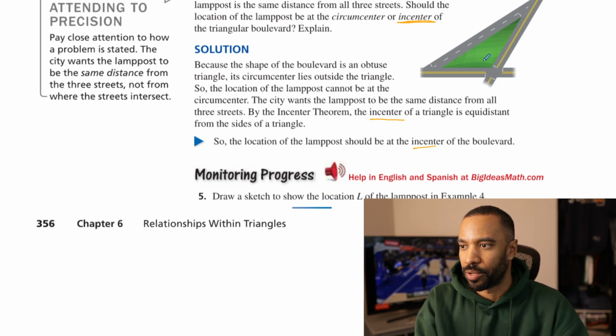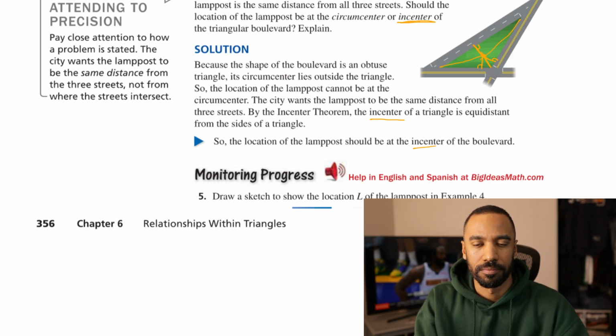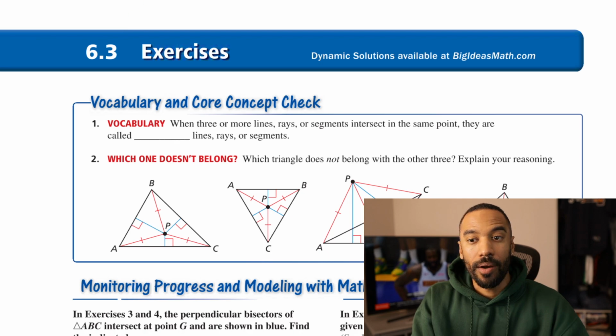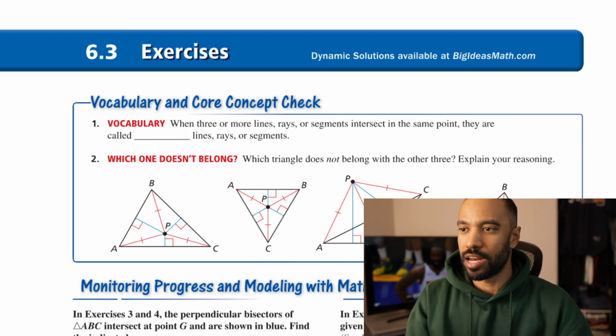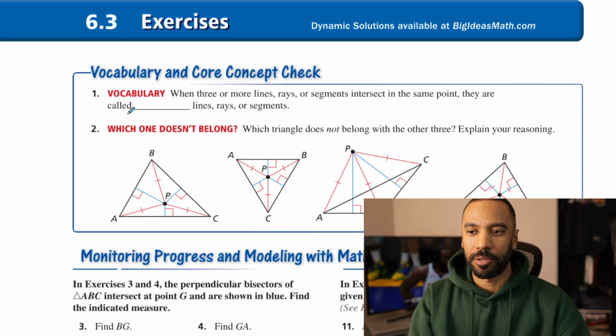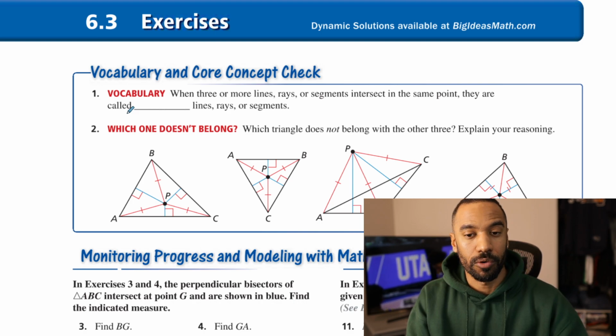Draw a sketch to show the location. You draw 3 angle bisectors like this, this, and that. And then suddenly, boom, it would be around there. And that means that this distance and this distance are the same. Lamp post right there. Beautiful. Okay. All right. We're done with that notes part. So let's go ahead and move into the vocabulary and core concept check,